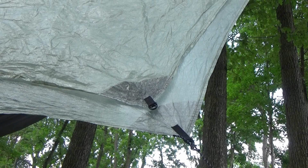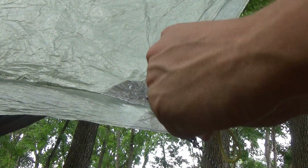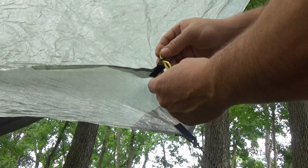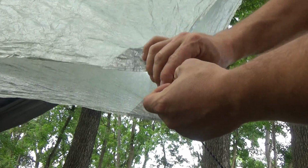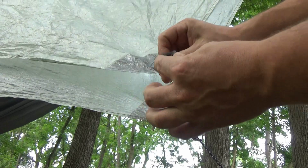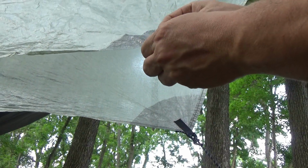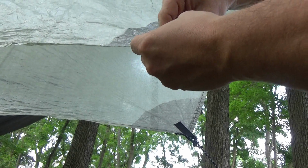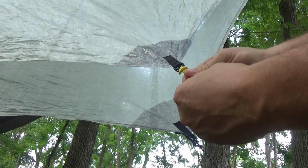All right, so you're going to take your continuous loop and you're going to kind of crimp it here in the end and stick it through here. Then you just basically come inside itself and pull it tight. Now I also have a line lock here. It's actually another great way, you can do a lark's head on a line lock. You stick it through the back of here and then you come over itself and then cinch that down. So now you've got to attach to the tarp, you've got to attach to the line lock,